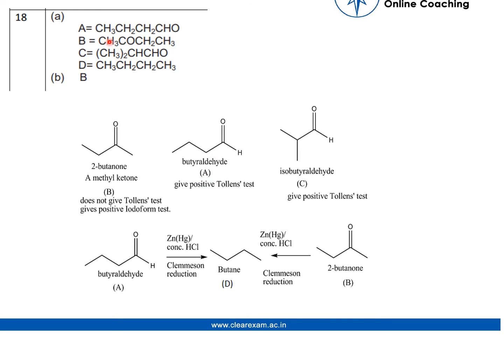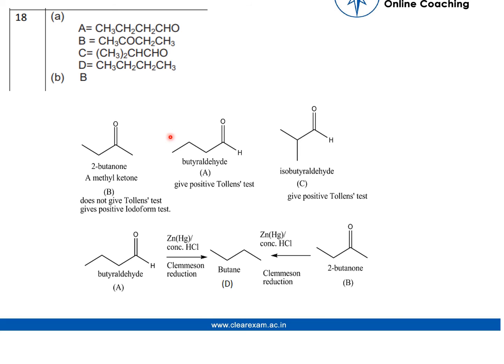butyraldehyde, which is CH3CH2CH2CHO, and isomer C is (CH3)2CHCHO. And it is given that isomer B does not give Tollens test but gives positive iodoform test, so it is 2-butanone, a methyl ketone, that is